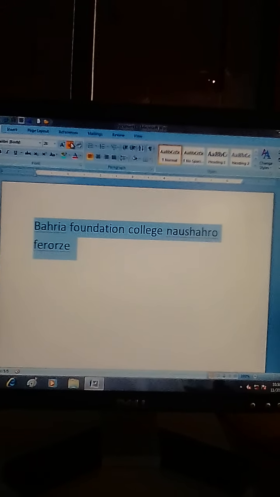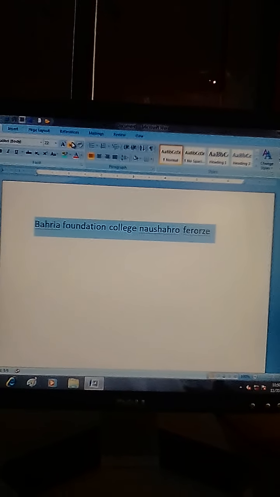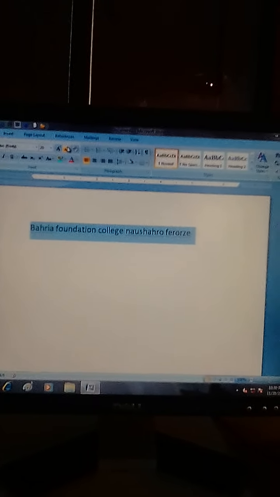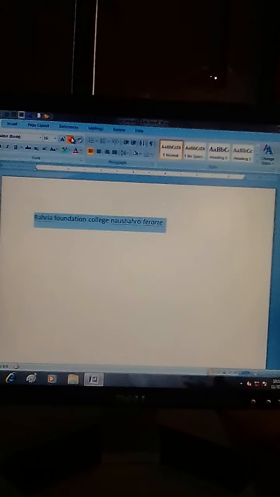You see that the size of fonts is being reduced by clicking on shrink font. So dear students, we have also learned about growing or shrinking the size of the fonts in Microsoft Word.